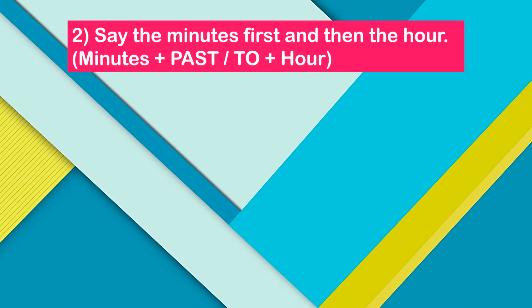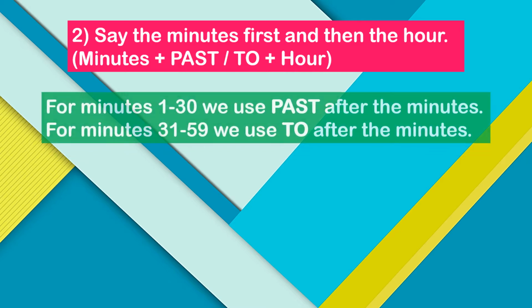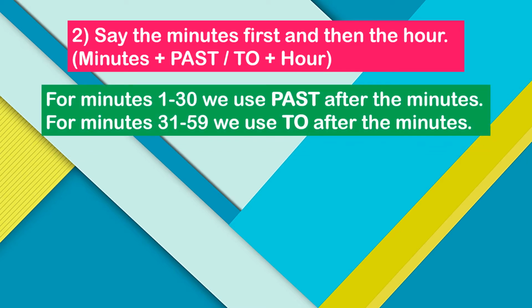The second way to tell the time is to say the minutes first and then the hour. This is the British way of telling the time. We have learned earlier that for minutes 1 to 30, we use past after the minutes. And then for 31 to 59 minutes, we use to after the minutes. These are